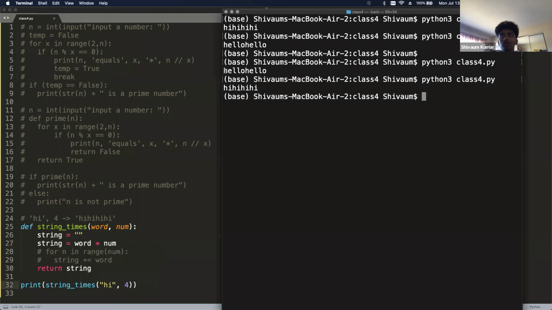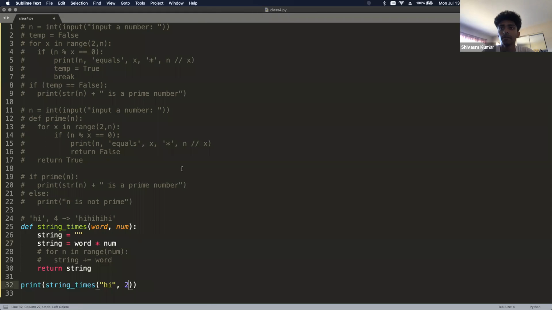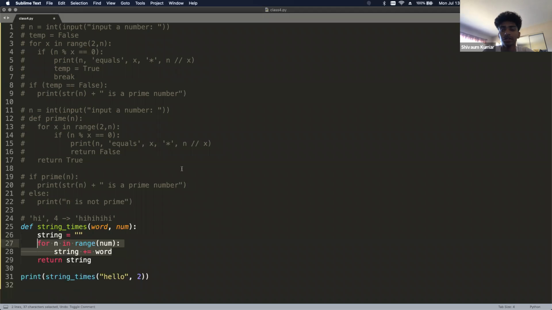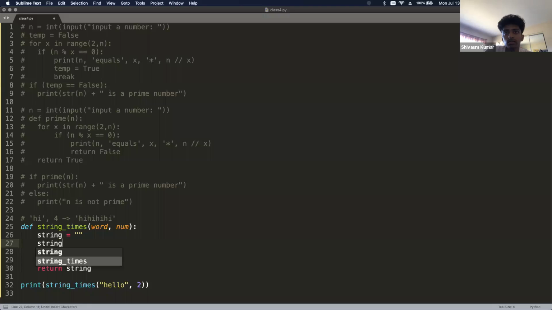So again, if you guys noticed right there, I tested it twice just to make sure it was working. If you guys are ever creating something in Python or any language, it's always good to test it with different sorts of cases just to make sure your code is working. So we'll go back to the original. I'll just comment that out just so other people can see. That's another implementation for it.